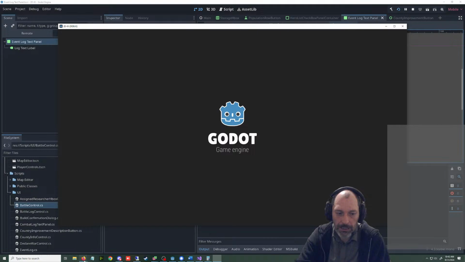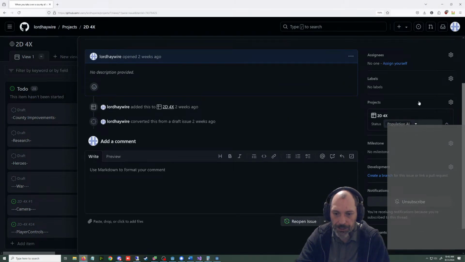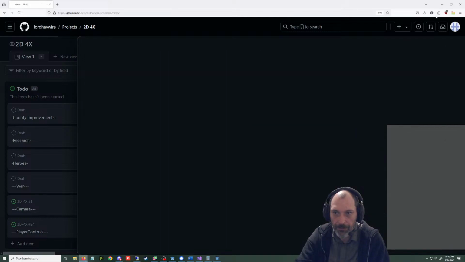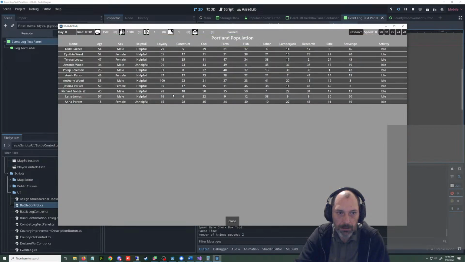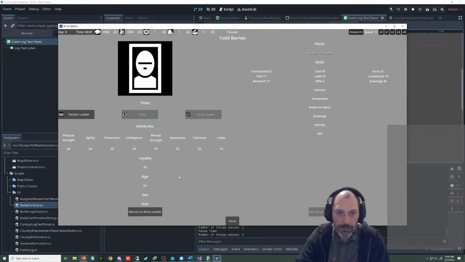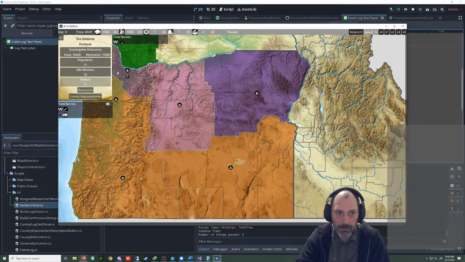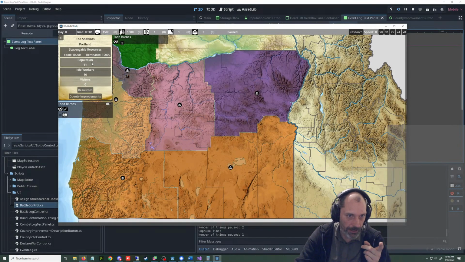So we can mark that off the list, I guess, while we wait here. And the computer built a Fisher shack, and that's fine. And so when I spawn this person, Todd Barnes, he's still there. Recruit leader. So he's gone from there. It's wrong though, is